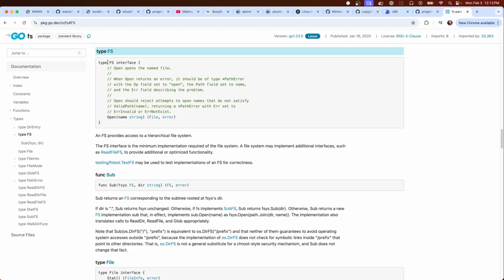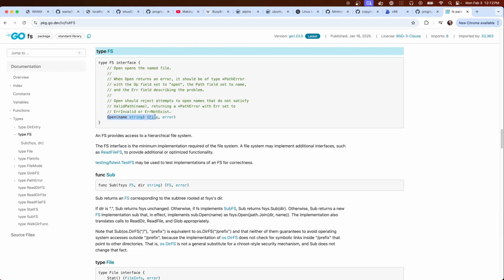File system now has a common interface in the same way that IO writers and IO readers have a common interface, and that creates this ecosystem where things can work together nicely. But the Go interface for file systems is much more simplified than what you'd expect, because one, it's read-only,